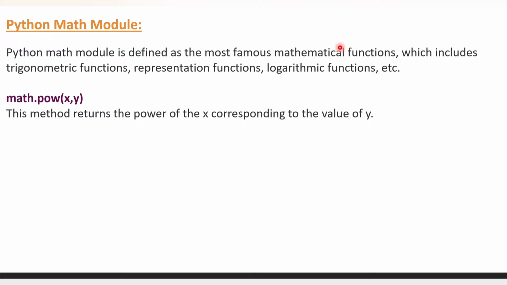The first one is power, which is basically math.pow(x, y). It takes two parameters. The first is the number for which you want the value, and the second is the number it is raised to, x. Let me show you in the code how we can make use of this